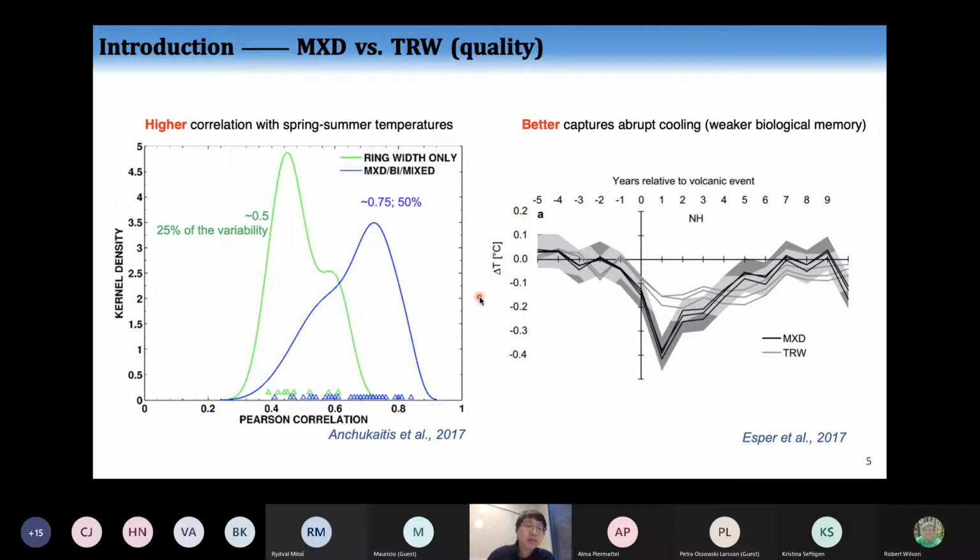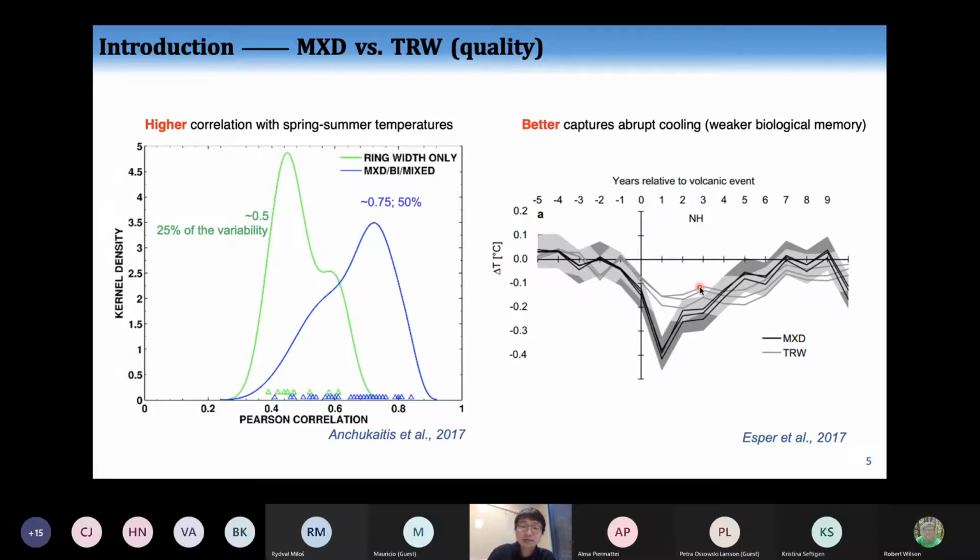In contrast, ring width data could only explain around 25% of temperature variance due to a much lower correlation with temperatures. In addition, MXD data is also less strongly affected by biological memory, so it could better capture abrupt climate changes such as volcanic cooling. The figure on the right shows that ring width data, which are in green, have attenuated responses to volcanic eruptions